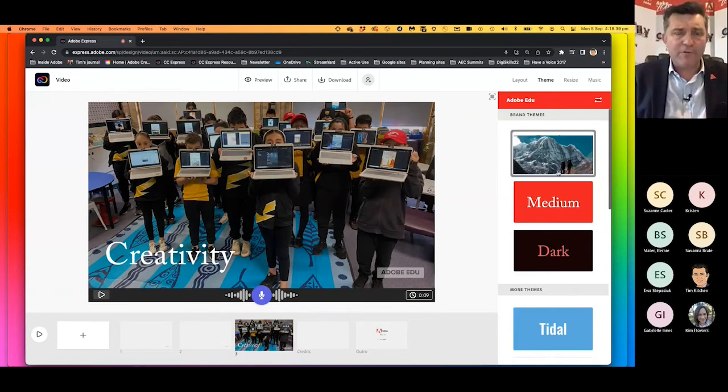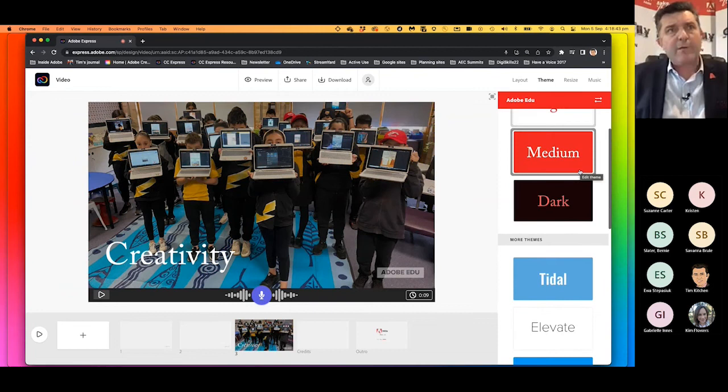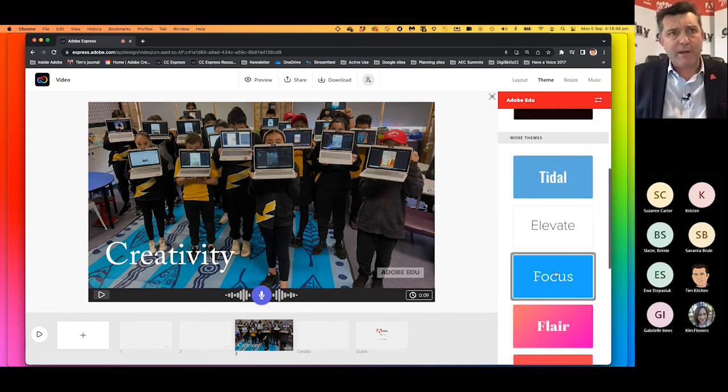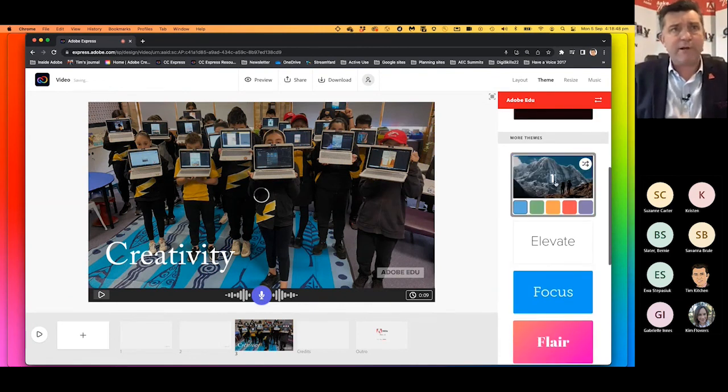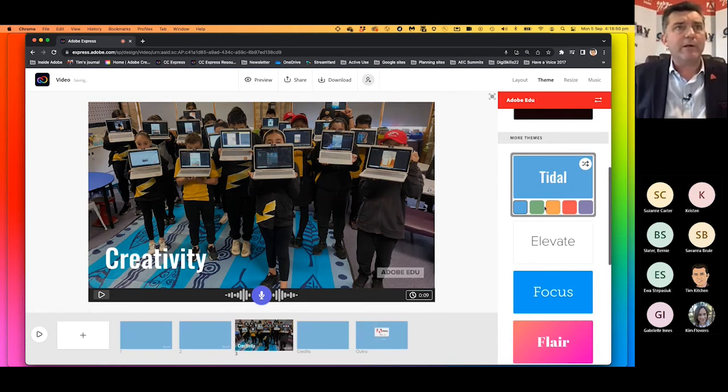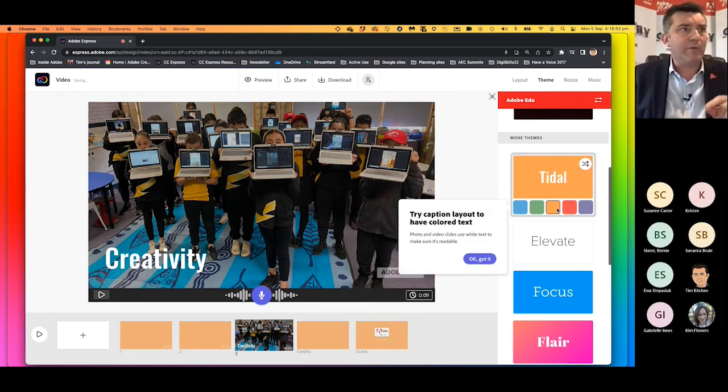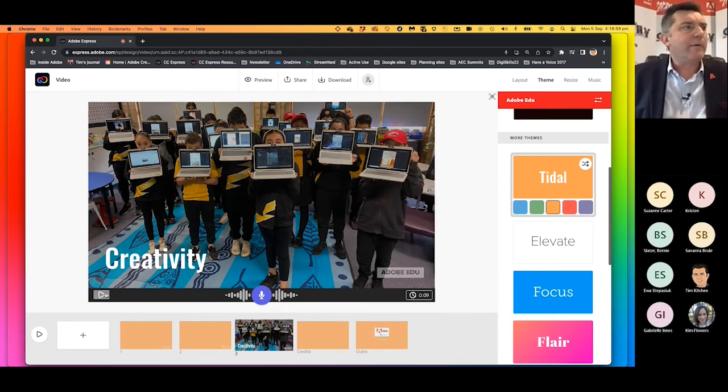And if you've got the full version, which most of you will have through your school, you can create your own themes. But there's these generic themes that appear that everyone's got access to. So I'm just going to choose a generic theme for the moment because they're all quite good, actually. I'll choose an orange background. Not that you'll see that because I've got the picture covering the background. But this generic theme has a little animation to it as well. So now when I hit the play button,